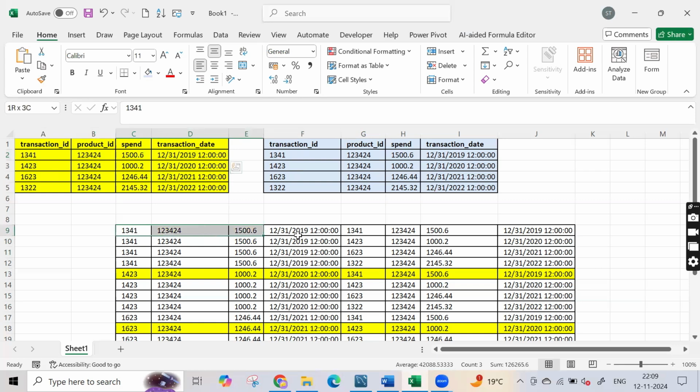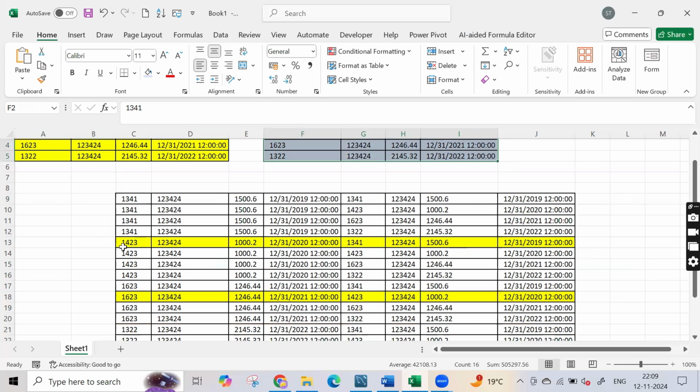So corresponding to this one transaction ID 1341, all four transaction IDs will be returned: 1341, 1423, 1623, and 1322. Similarly, when I take U1 dot product ID, this second one, the same copy of it but for a different transaction ID, which is 1423, again the same four rows will be